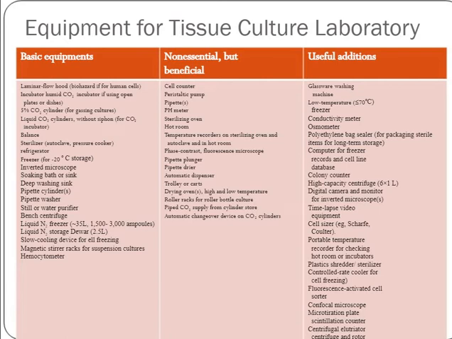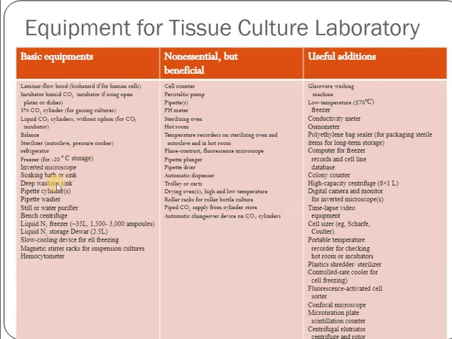The equipment used for tissue culture laboratories is as follows. The basic equipment is a laminar airflow hood, an incubator, a humid carbon dioxide incubator if using open plates or dishes, that is the open incubator, 5% carbon dioxide cylinders for gassing the cultures, liquid carbon dioxide cylinders without siphon for the carbon dioxide incubator, a balance, sterilizers which can be an autoclave and a pressure cooker, a refrigerator, a freezer, minus 20 degrees storage, an inverted microscope, a soaking